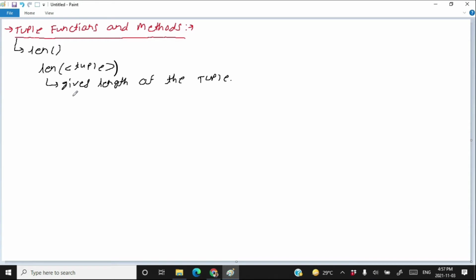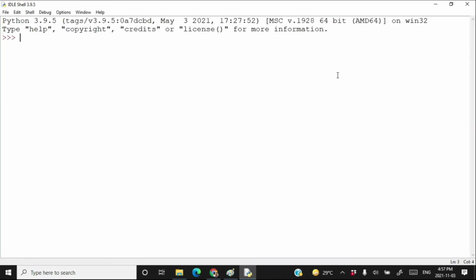Let's try the len function practically. Suppose that I have a tuple, say 1, 2, a list 3, 4, 5, then hello.